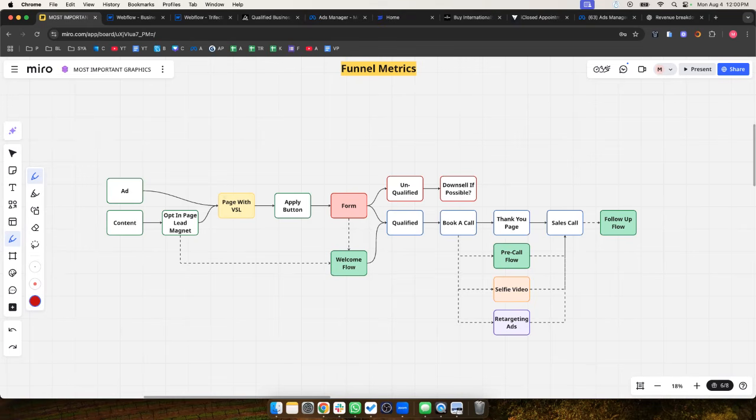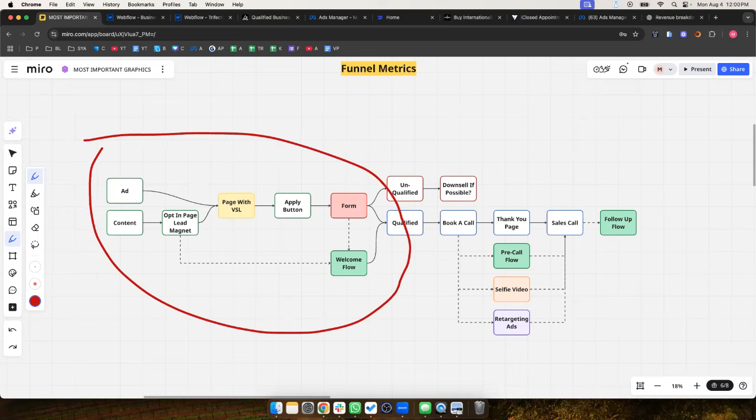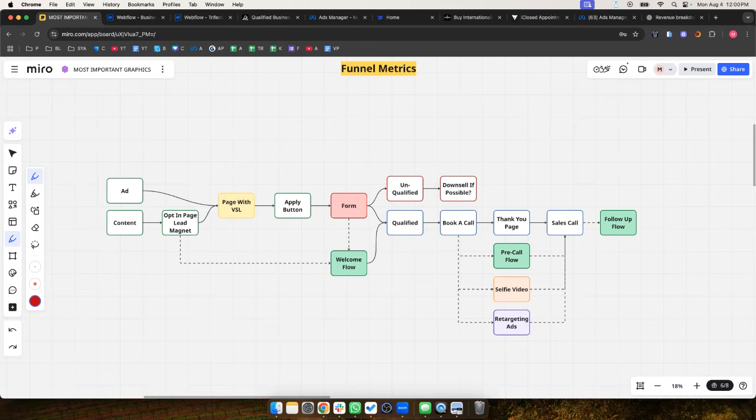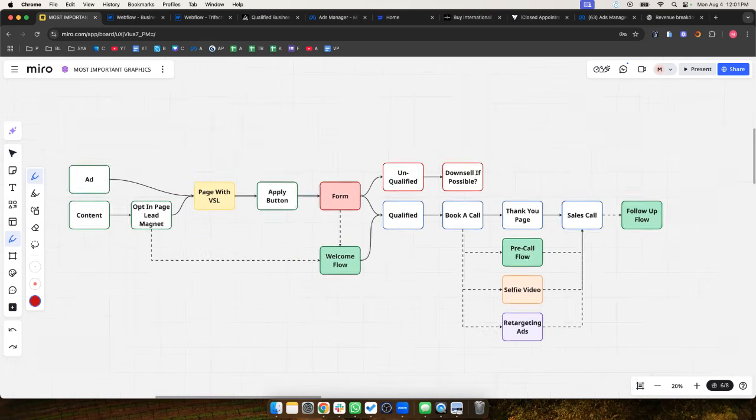No matter if you're at 100 or 10K a month or 100 million a month, one of these things is always going to be the thing that's stopping you from going further. Like you have financial problems, I have financial problems, Warren Buffett has financial problems. We all have financial problems, they're just different and better. So it's the same with scaling an ad funnel.